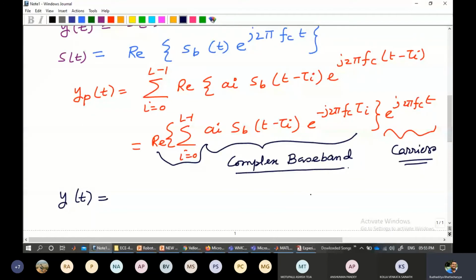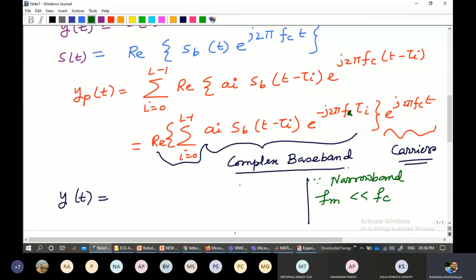For people who don't remember it, let me write it over here. Narrow band assumption is: Fm is sufficiently less than Fc. For people who have already done modulation, the carrier frequency should be sufficiently higher than Fm. If this is the case, only then can we take a narrowband assumption. So here also we are taking a narrowband assumption that the carrier frequency is greater than the modulating frequency,